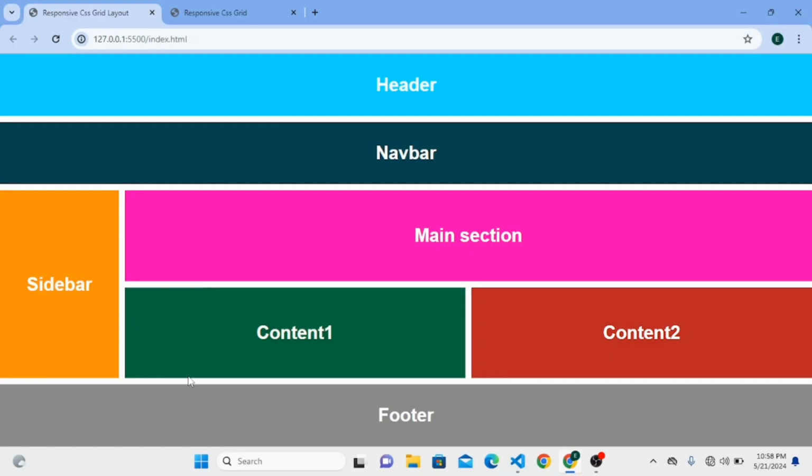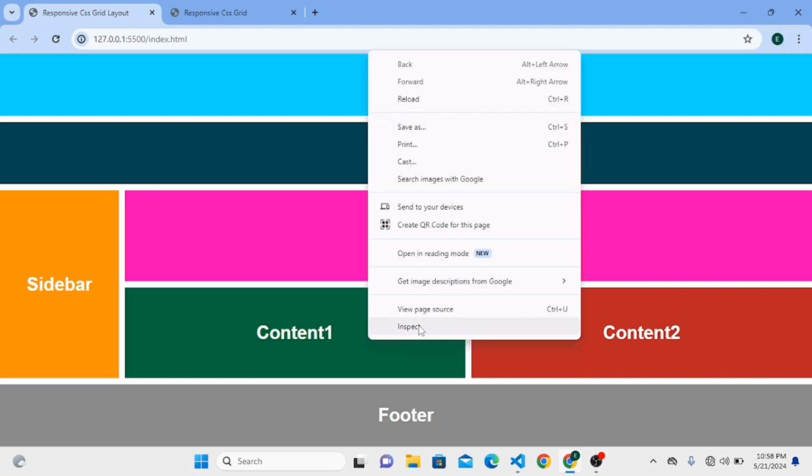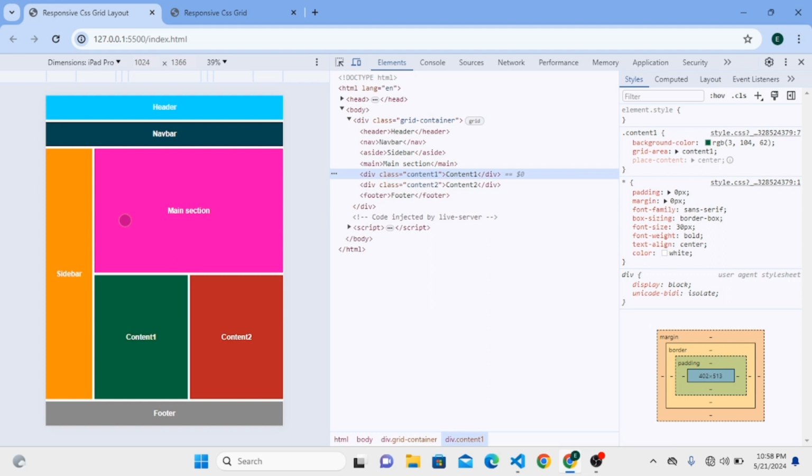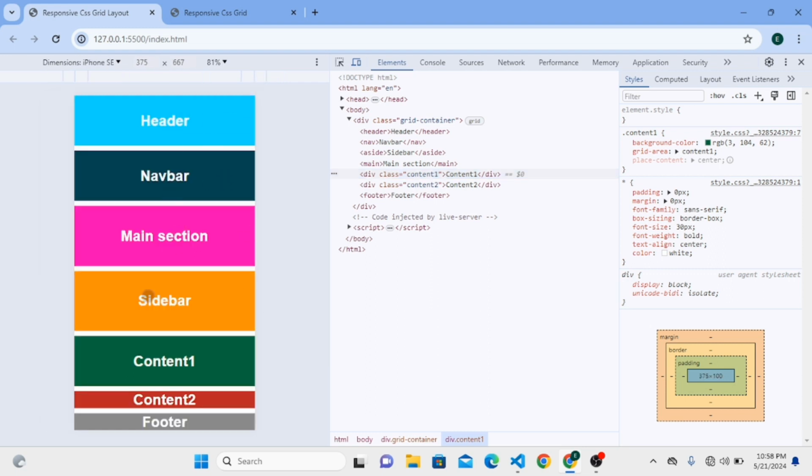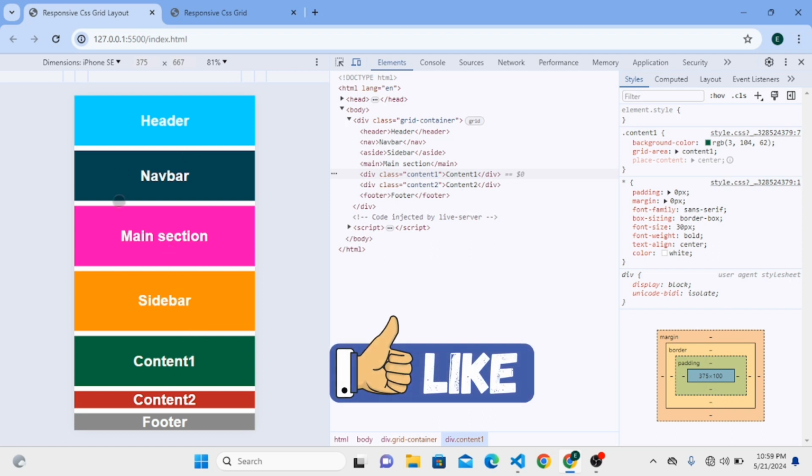In this video, you are going to learn how to create a responsive layout design using CSS Grid. Can you see? This is how it's going to look like on desktop devices. Now, right click and click on inspect. This is how it's going to look like on tablet devices, while this is how it's going to look like on mobile devices. So let's dive straight into today's video and see how to create a responsive layout design